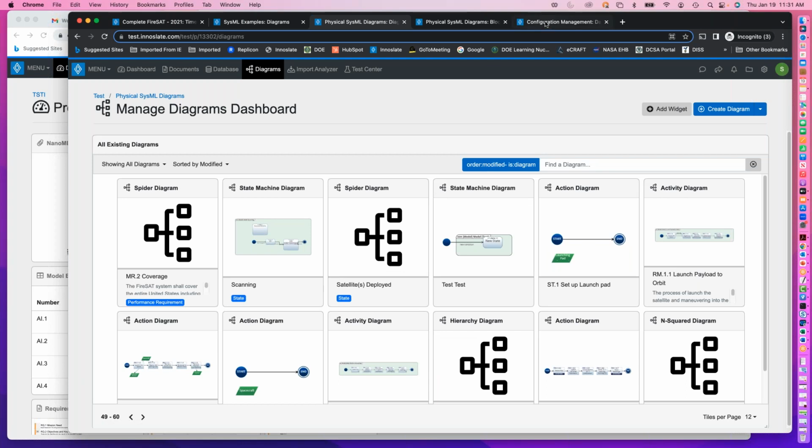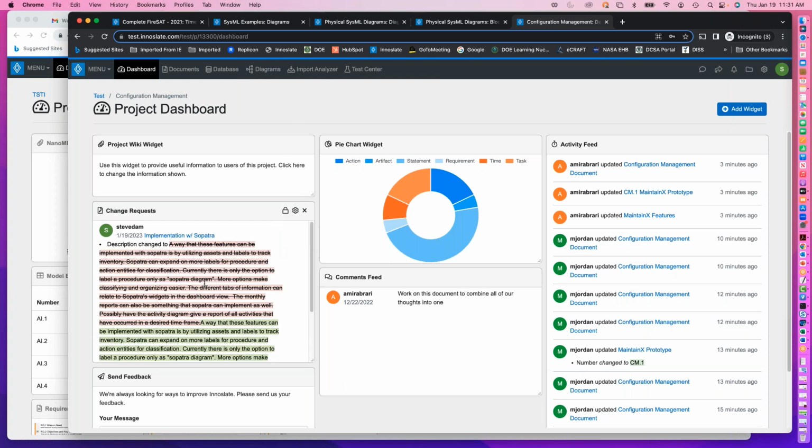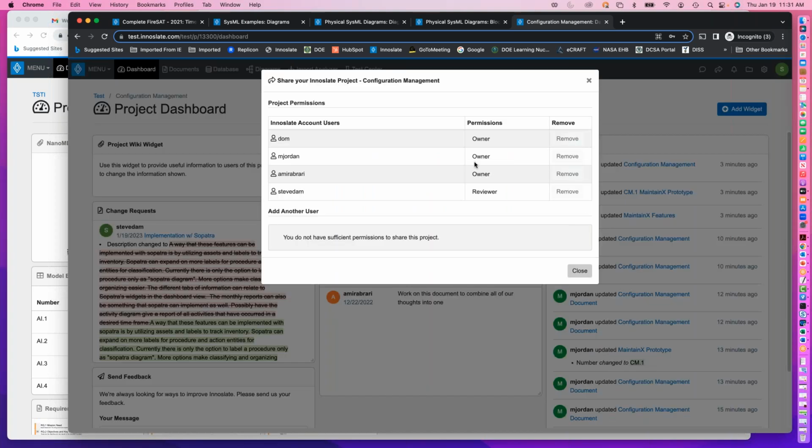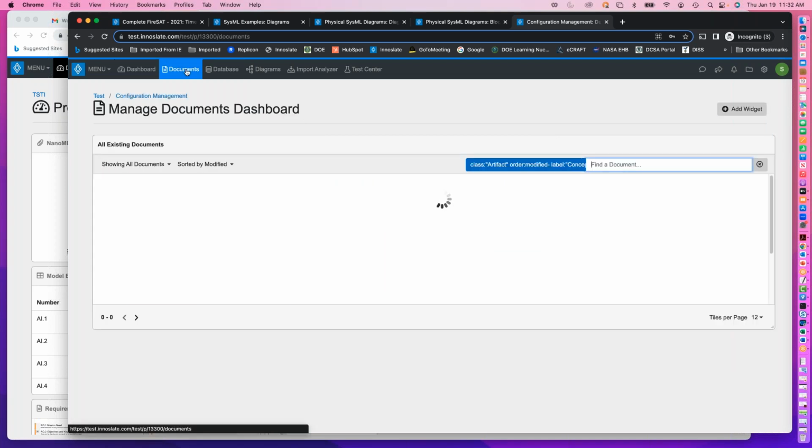Okay. And then last but not least, I want to talk a little bit about this new change request feature. This is kind of neat. So you can request a change. I'm a reviewer on this particular project. As you can see, I'm just a reviewer. So I can't change it myself. But what you can do now is you can go in, and let's say you're in a document,